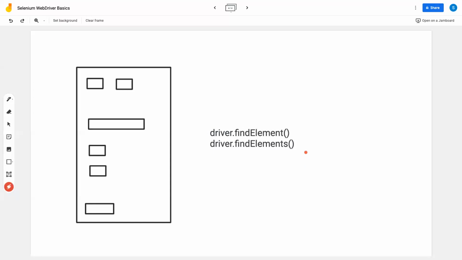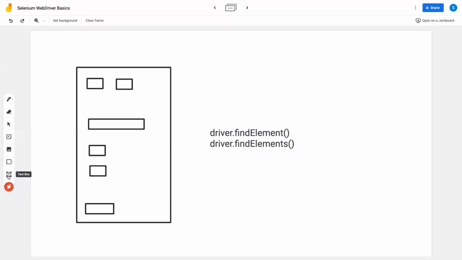So here when I use driver.findElements, now it's going to give me this button. Also it's going to give me this button. Or if there are 10 buttons with the same locator technique, which means if they all carry the same ID, then when I use driver.findElements, it will give me all 10 buttons. Okay, fine, good. But now, like I said, our main topic is to understand why this method is returning me a list.